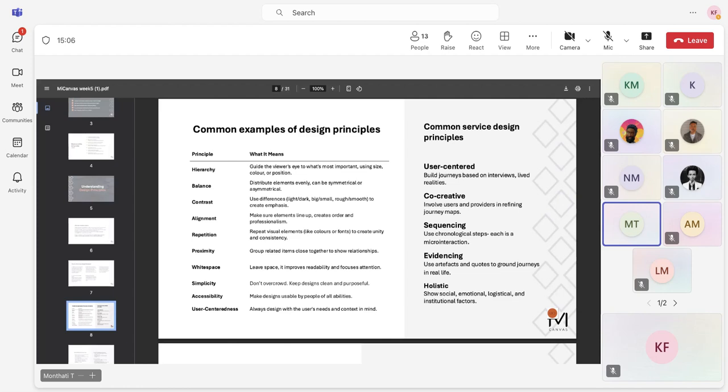However, in service design on the right, these are examples of the principles that you would create in a project. So for us, we always have a principle around user-centeredness, so that we can build our journeys based on the conversations that we've had in our research phase. Co-creativeness, maybe if a collaborative approach is a really big part of what we're doing, we will mention something about participatory design, where we bring the people that we were interviewing into the design process to ask them questions to help guide them on giving their ideas and their input into what we're designing.